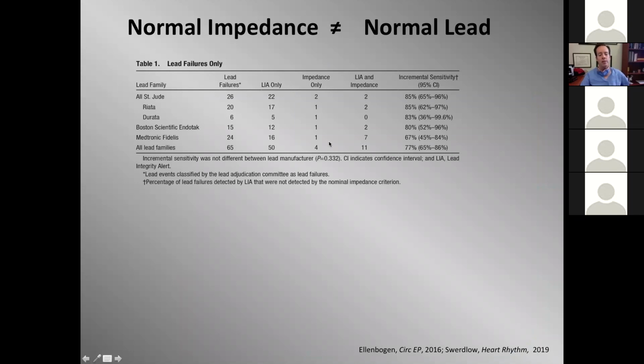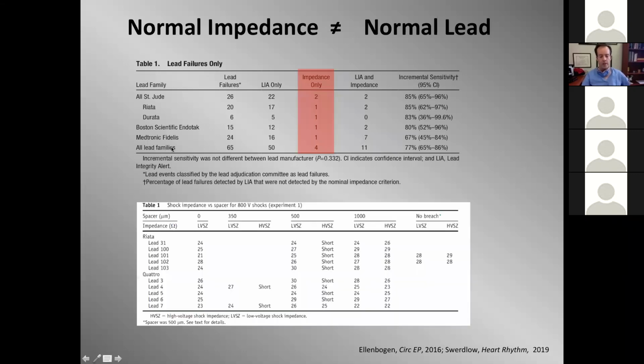This is a thing from Ellen Bogan showing how impedance predicts lead failures. So impedance predicted lead failures a minority of the time, in 4 of the total of 65 in